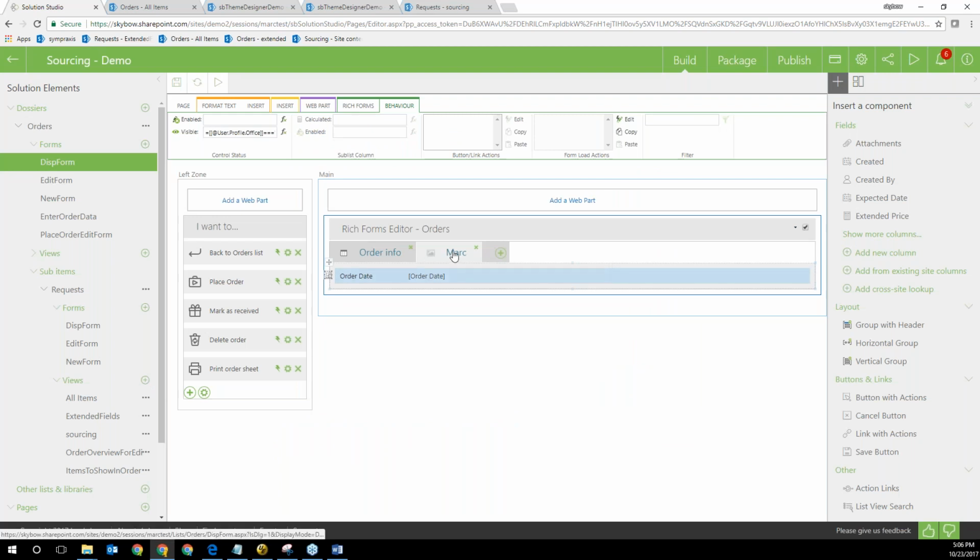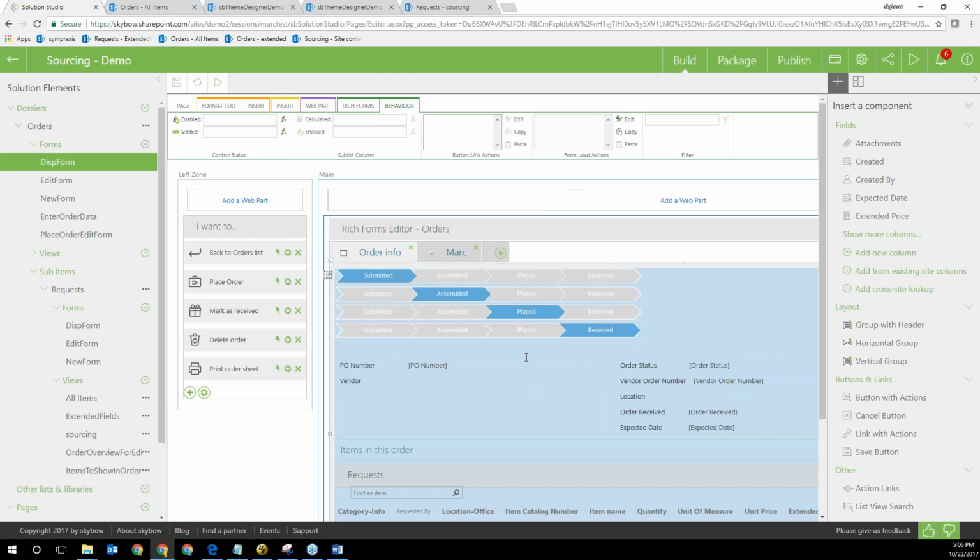So this Marc tab is going to be visible for me, but not for Bart, who is our good fairy waiting in the background to collect the questions. You guys can already ask questions in the questions box. Bart has his location set to Netherlands because he lives in Amsterdam, so he would not be able to see this tab. But you see how fast we created the tab and how fast the form design goes.